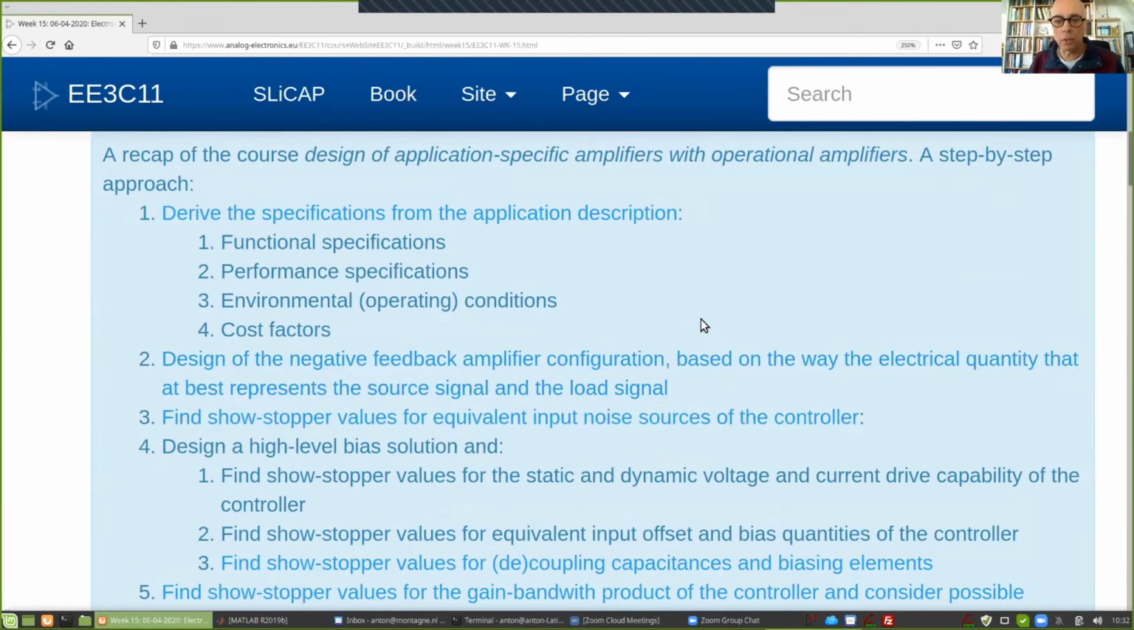We started this course with talking about specifications of an amplifier, and this was for our antenna amplifier. And we have seen that we had functional specifications, which tell what function the thing should do, performance specifications, with what level of quality this function should be performed, environmental or operating conditions, under what conditions this function should be executed, and whether these specifications are valid, and cost factors, what is the price we are willing to pay for performing these